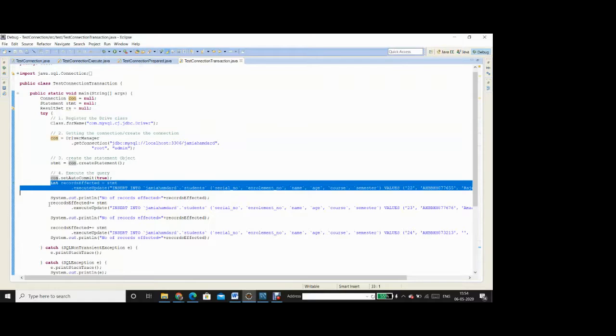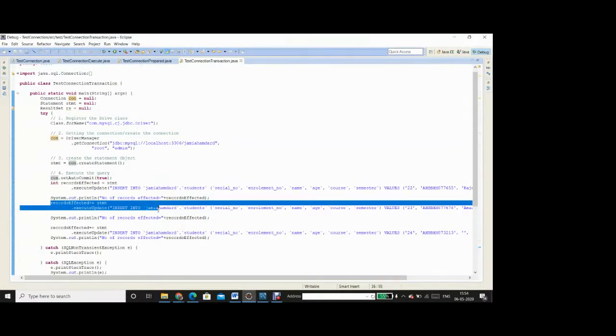Similarly, when this second statement runs, then also a commit instruction will be sent to the database, and again the changed state of the database is made permanent. And once it is made permanent, it cannot be rolled back until you fire another delete query on your own. So this is what happens naturally. So setAutoCommit is true by default.